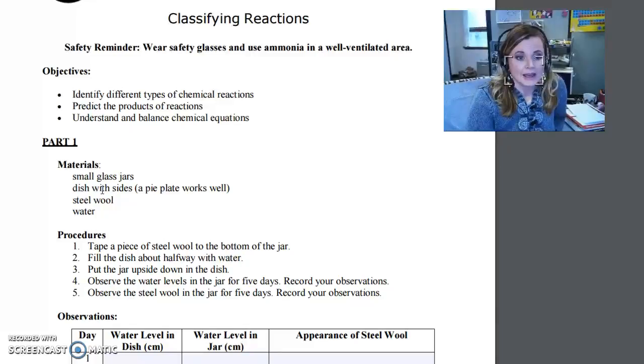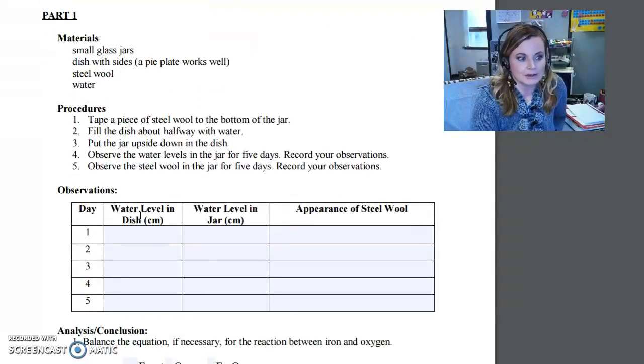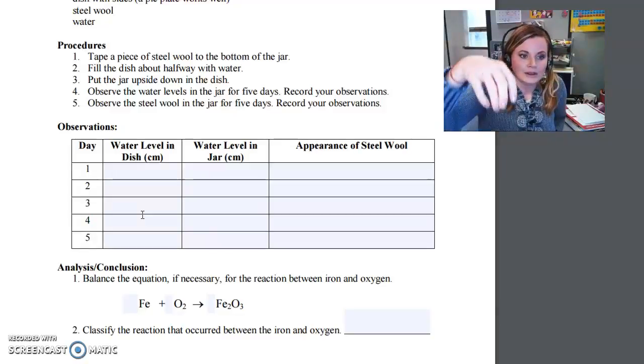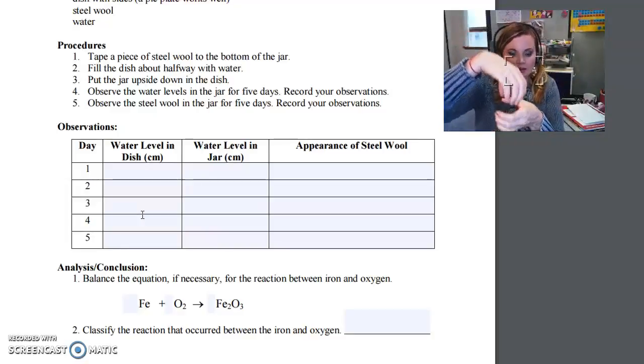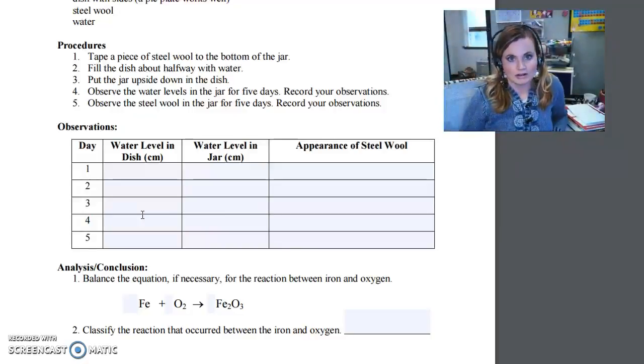And here you're going to be seeing how the steel wool is going to react with oxygen over a period of 5 days. So 5 days you need to do this experiment. You're going to measure the water level in the dish and the water level in the jar. So you're going to tape a piece of steel wool to the bottom of the jar, fill the dish about halfway with water, flip it upside down so that the jar is inverted in the dish, and then observe the water level in that jar over the course of 5 days, and also observe the steel wool and record what